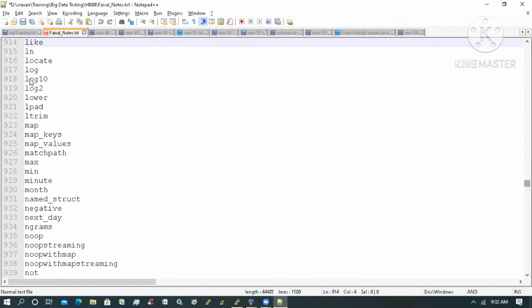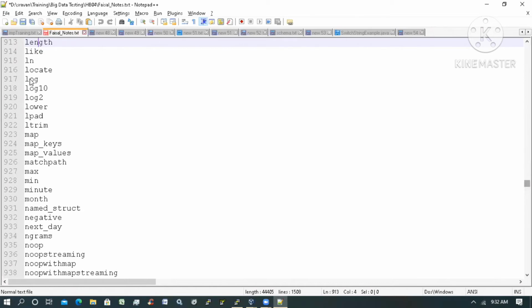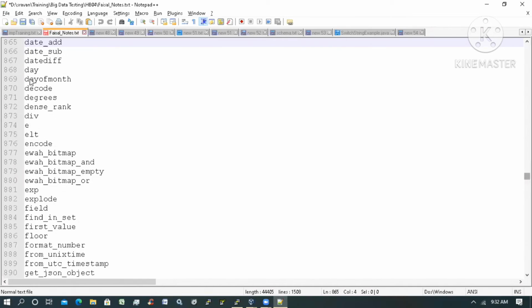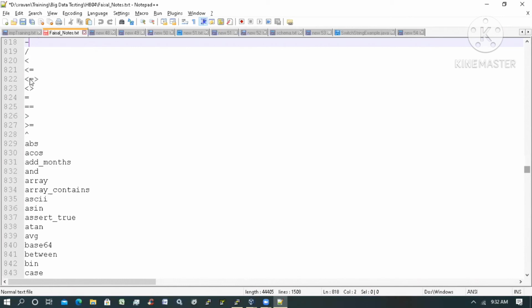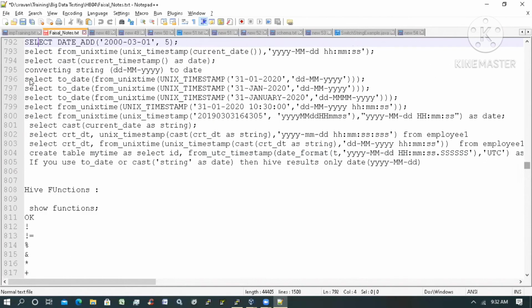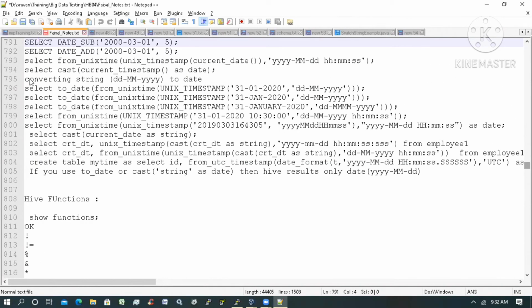And most of these things we'll use in our regular daily activities. Those string functions I showed, we will see them. Like this, I think the count is almost 800 functions. If we require anything, we can go to describe function extended, and it will give most of the information. If it's not giving, we can Google it and get the result for that.